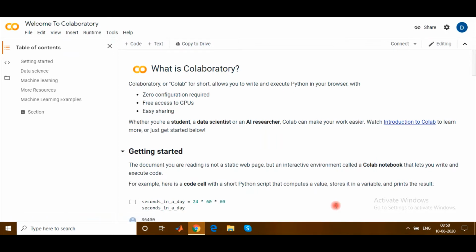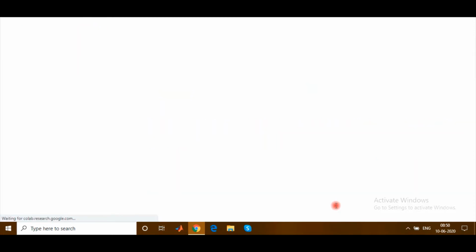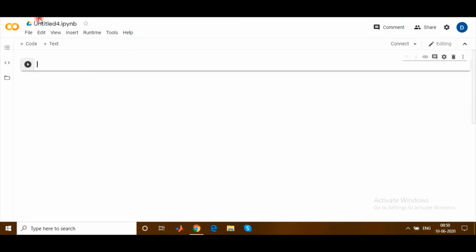So here I'm creating a new notebook. First, I'm giving this new notebook the name Example One. As a first example, depending upon all the libraries and functions we have already talked about,